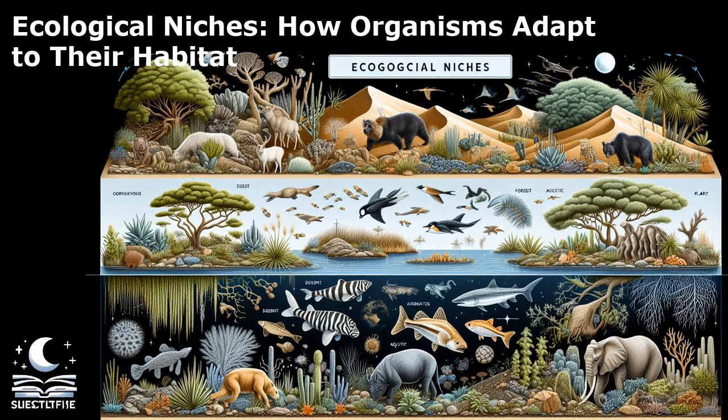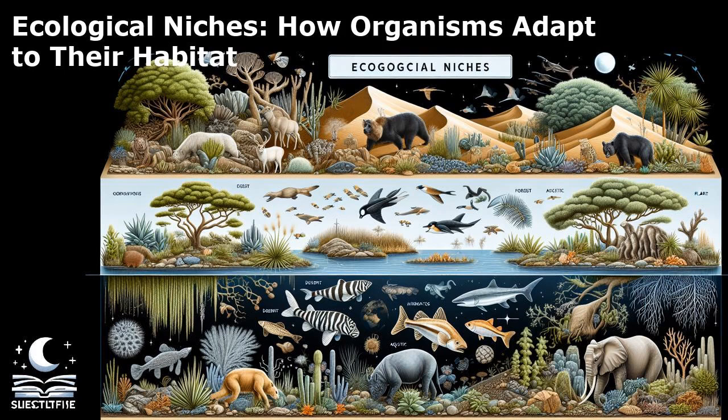Pollution is another major threat to ecological niches, with chemicals, plastics, and other pollutants contaminating air, water, and soil. The Great Pacific Garbage Patch, a massive accumulation of marine debris in the Pacific Ocean, covers an area estimated to be larger than Texas. This pollution poses a grave threat to marine life and ecosystems, highlighting the far-reaching consequences of